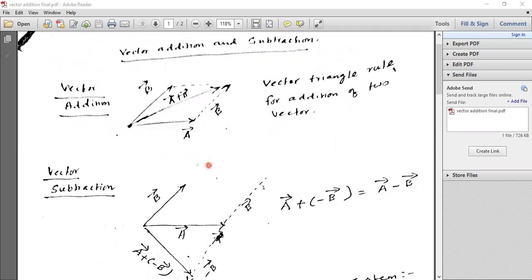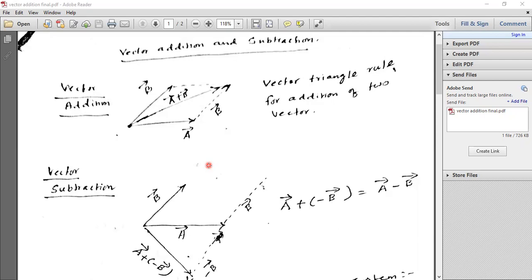Hello everyone. In this video, we are going to see about the vector addition by triangular rule. So this vector addition and subtraction operations are important in field theory while finding the distance between the field point and the source point. So in electrostatics as well as in